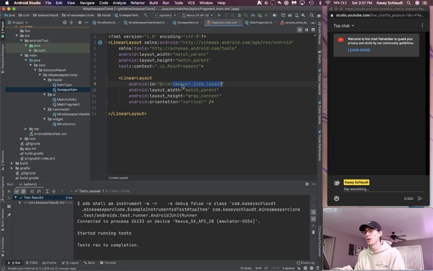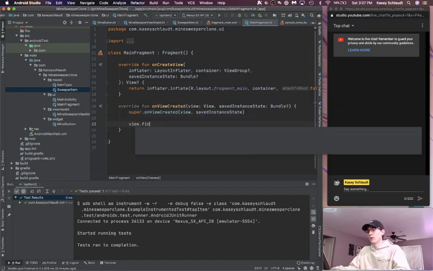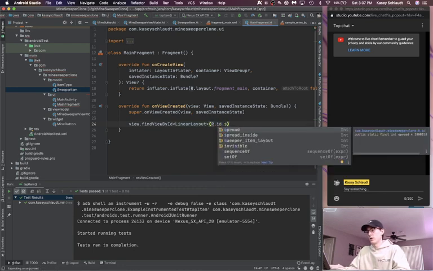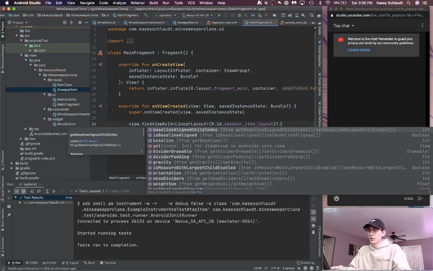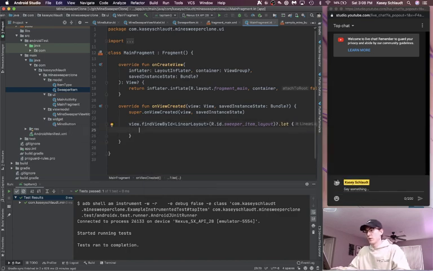So inside of our fragment, we're going to get this linear layout and we're going to programmatically add the lists. So on view created, we're going to say view.findViewById as a linear layout, R.id.sweeper item layout dot apply. We can do that. So now we're going to say for each row in the grid